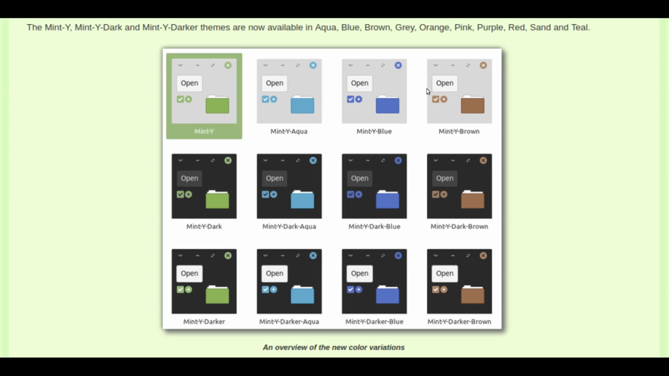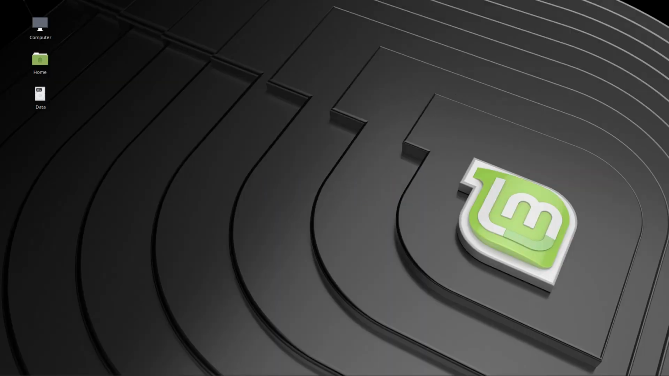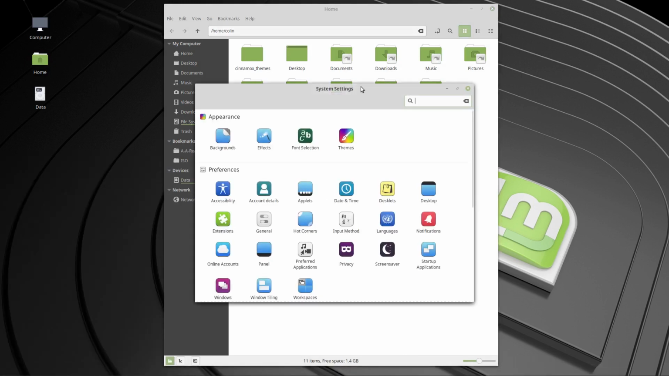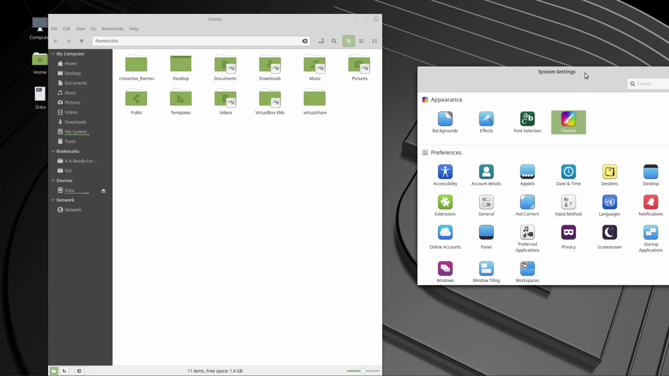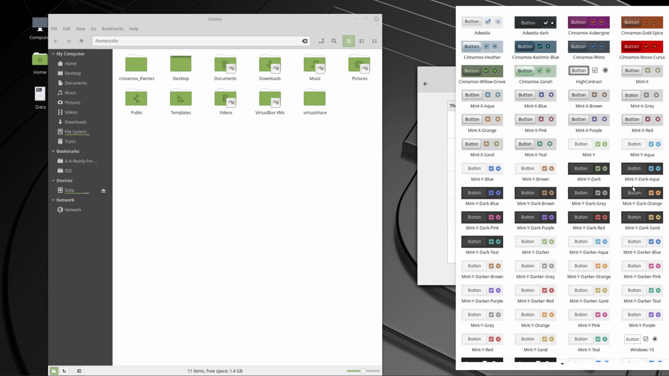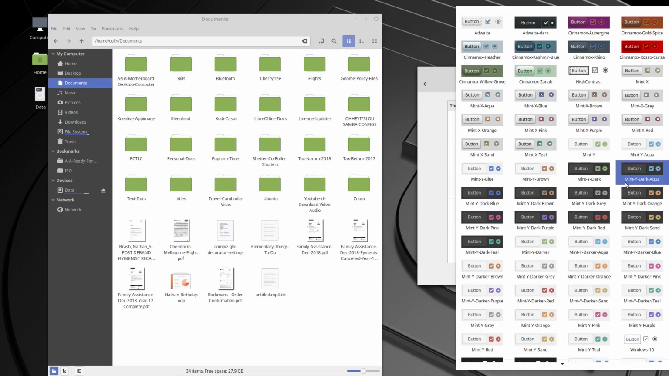So we have these changes here in the theme department. The Mint-Y-Dark and Mint-Y-Darker themes are now available in aqua, blue, brown, grey, orange, pink, purple, red, sand and teal. Let's just have a look at a couple of those. So let's open this up, let's go to themes. And we now have in the controls area Mint-Y-Aqua, Mint-Y-Blue, Mint-Y-Brown,